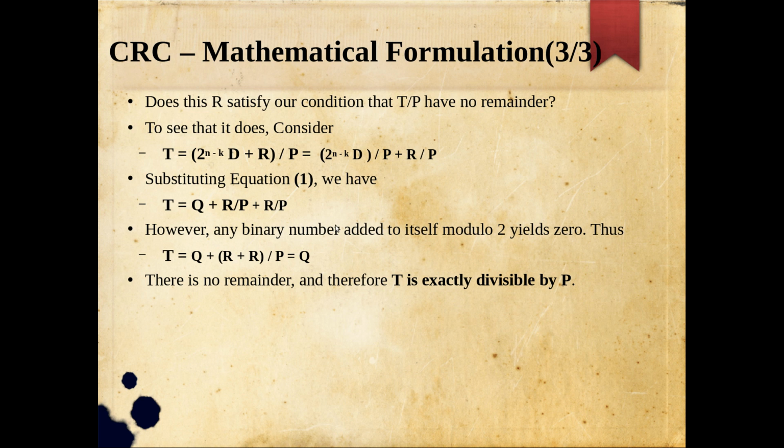So there is no remainder, and therefore T is exactly divisible by P. So the selection of the CRC remainder as your frame check sequence is correct, and there is no error within that. And definitely if you are getting some remainder, that means it is not the original message that was communicated, some error happened. So if there is a remainder at the receiver side when you are dividing the received message with the same binary pattern, 100% you can say that there is an error.